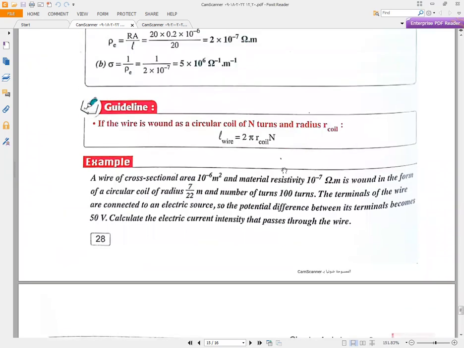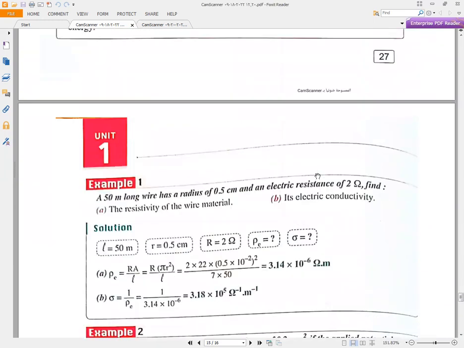Last session I talked about the electric resistance. What does it mean, electric resistance? Electric resistance is the opposition that faces the electric current. How can we calculate the electric resistance? Electric resistance is equal